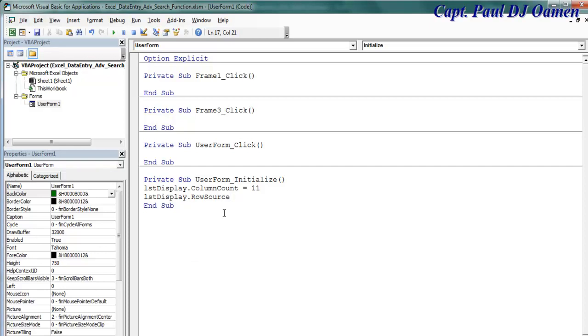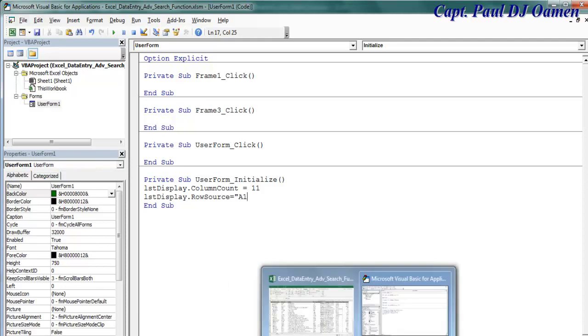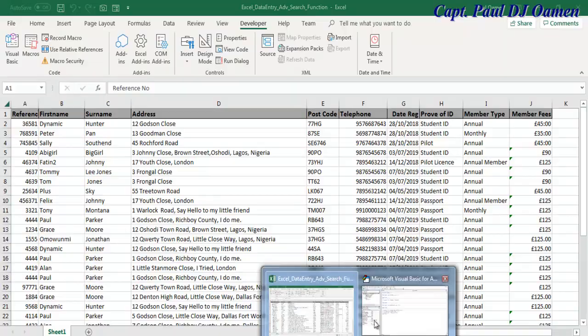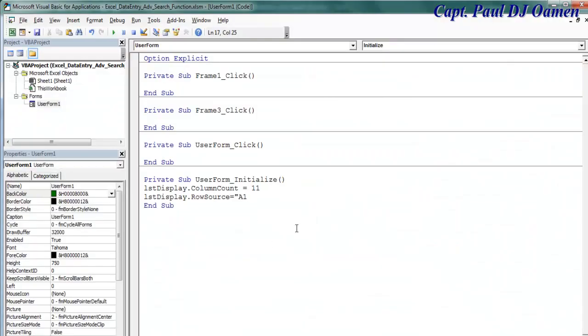Okay, row source, where is that coming from? I'm going to say it is coming from, let's say, A1 to, so this is my A1 here. I can even make it A2 really. So let's go back in here. There, A1 column